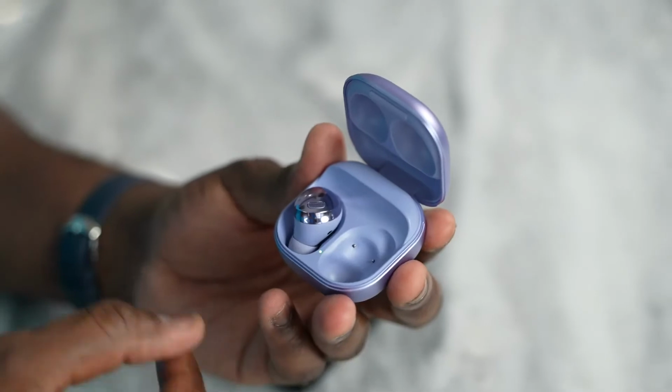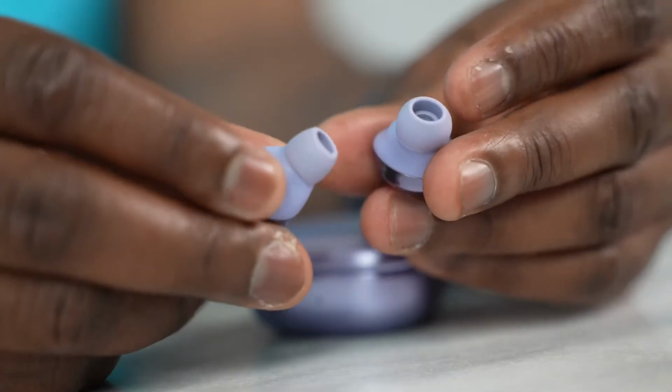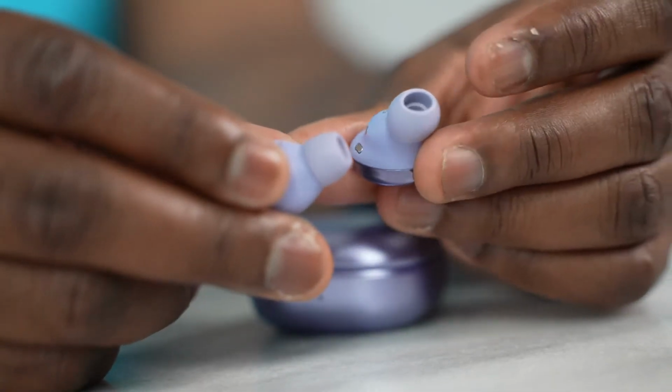Now, on to the last two, which of course you're thinking these are the two big boys with active noise cancellation. We'll go with the Galaxy Buds Pro, which I still think has the best active noise cancellation if you have the right fit. And that's where the problem is with the Galaxy Buds Pro, is that the fit is very weird. I mean, normally I do like a regular, aka medium, and a large in my ears. I have to do like a small and an XL. So the fit is just so weird, and a lot of people can't get the right fit, which kind of takes it back. But the active noise,